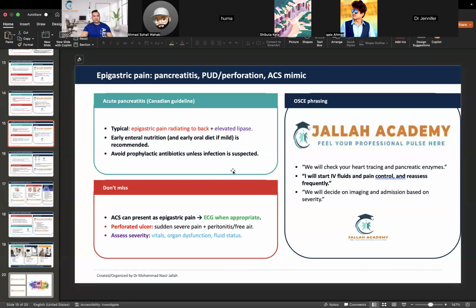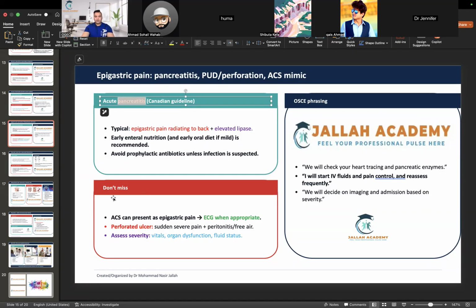Unless infection is suspected, obviously. Otherwise, we don't use it because the antibiotic itself causes the pancreatitis. And one more thing, for the pancreatitis, they might test you on antipsychotic, especially valproic acid. They may give you a scenario about somebody who has some bipolar disorder, and they never ask you which medication to avoid, but remember that valproate is one of those medications that you need to avoid in a patient with pancreatitis.